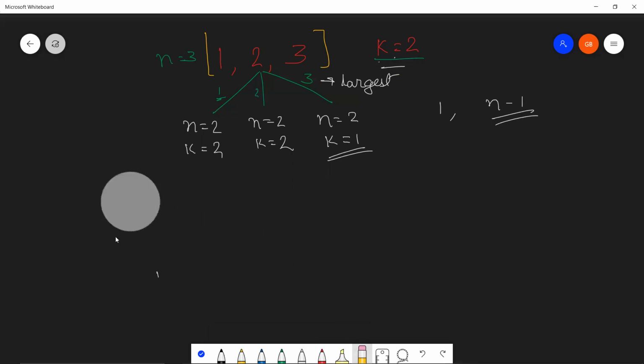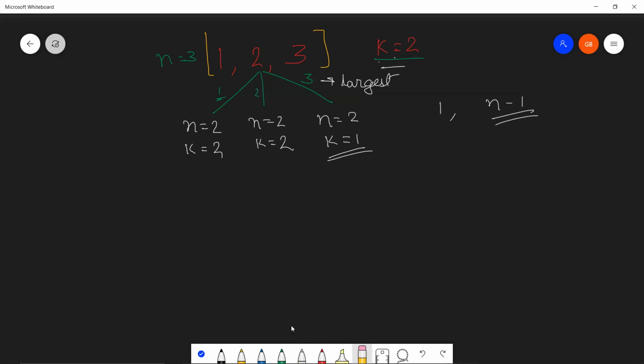Even if you had n equal to 4, and even at that point, if k was equal to 4, then also there's only one way to arrange it, and the way is this itself, 1, 2, 3, 4, right? So one base case that we understood very prominently is that if n is equal to k, our answer is 1. If n is equal to k, our answer is 1.